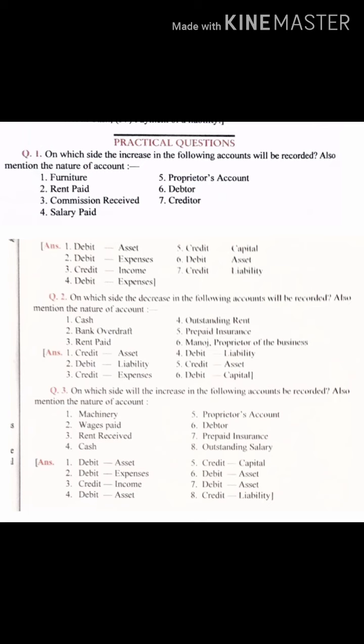Again, rent paid. Now rent paid is my expense. If I have paid my expenses, which side will it go? It will go on the credit side. Okay. Outstanding rent. Now what is outstanding rent? That means there was a rent which was outstanding. That is again my liability. Now my liability is decreasing. When my liability is decreasing, it will go on the debit side. That means I have paid this rent also. But whenever it is outstanding, then it is not my expense. Whenever it is outstanding, then it is my liability. Do remember that.